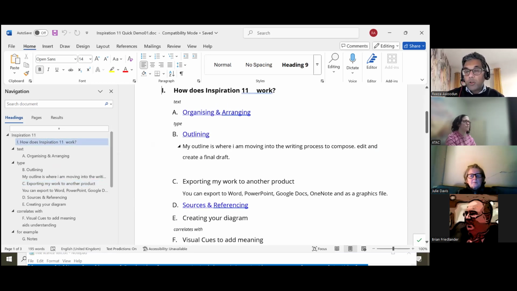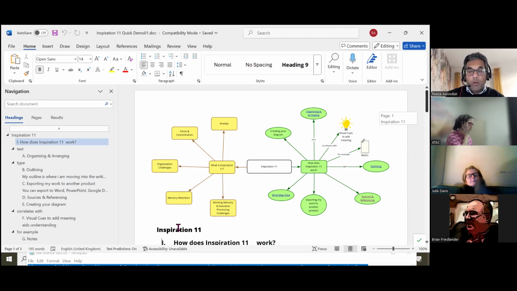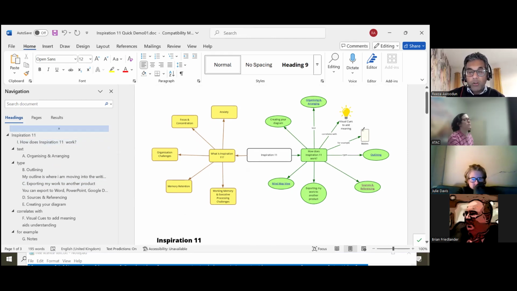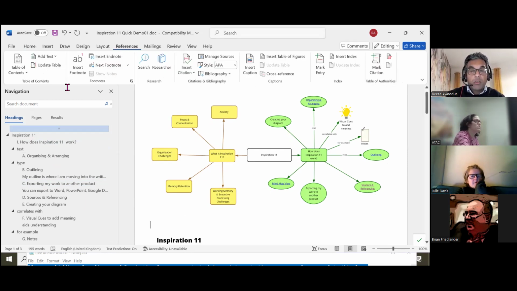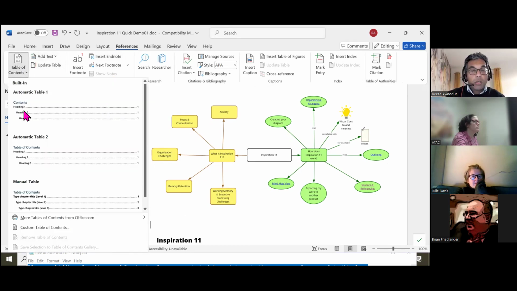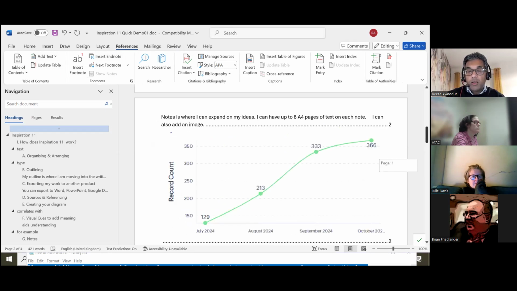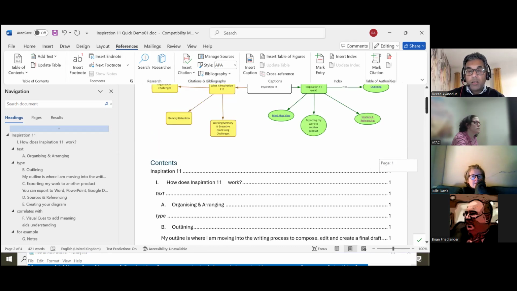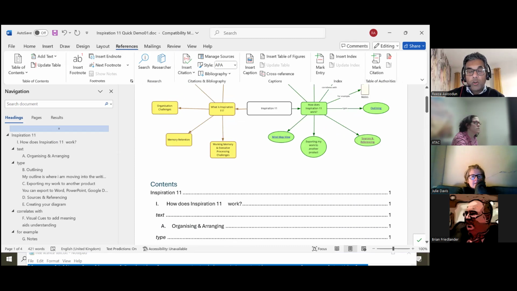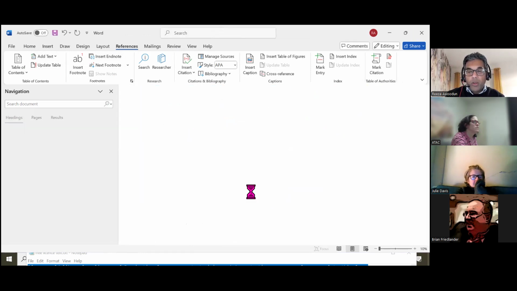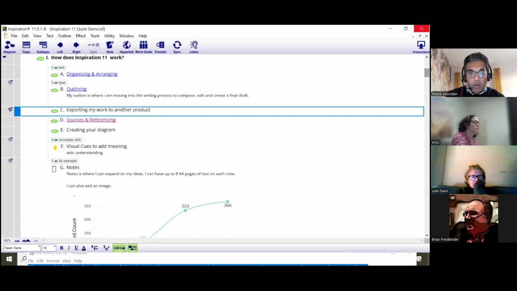And also then, because we've got that information sent across, and if I wanted a table of contents, I could go into references, go to table of contents, and I can insert a table of contents in from the information that's been sent across from Inspiration. So this is just a bit of a whistle stop in terms of an example of